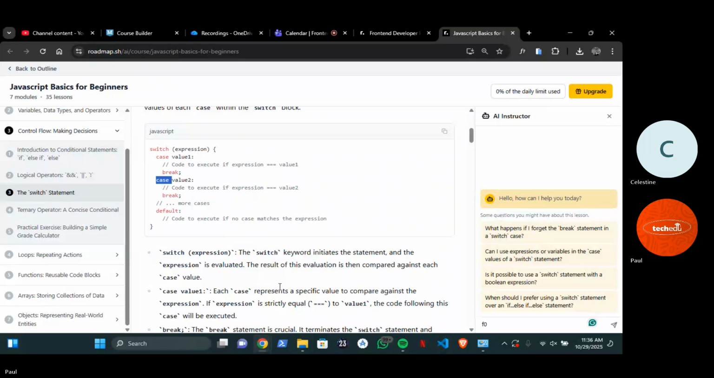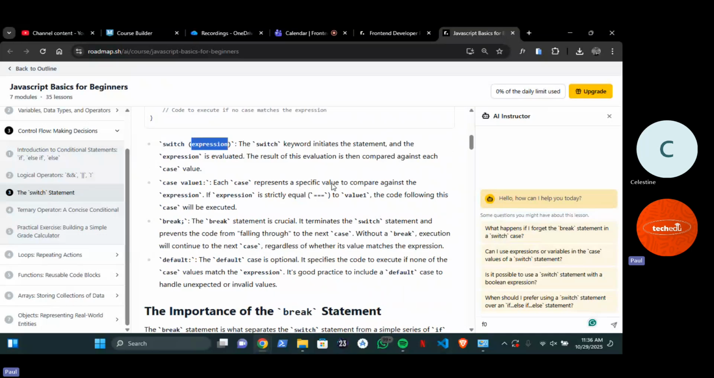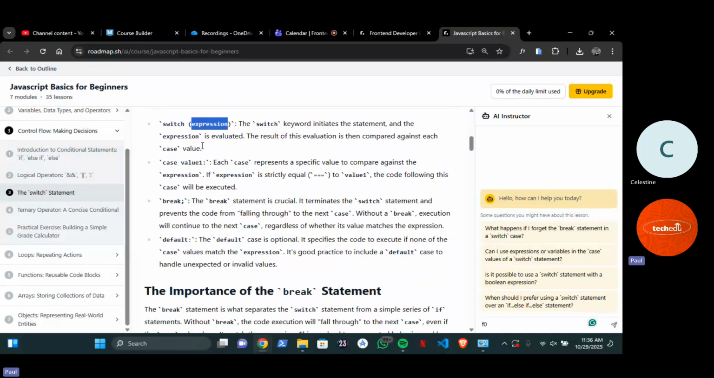Now, the switch keyword initiates the statement, and the expression is evaluated. The result of this evaluation is then compared against each case. So case value 1 represents a specific value compared against the expression. So if the expression strictly equals